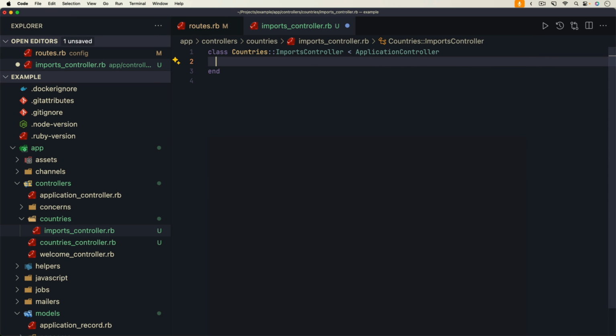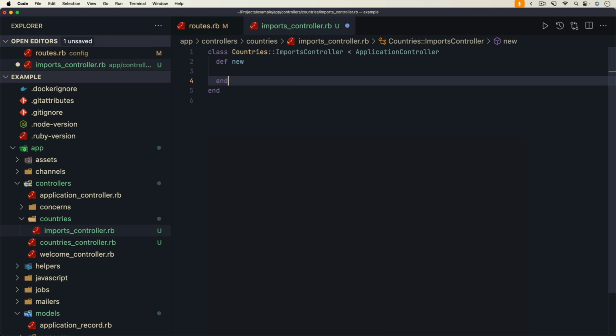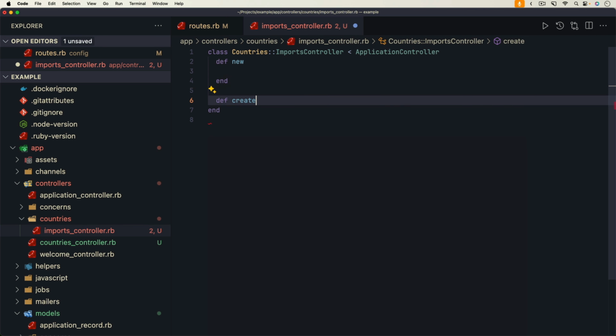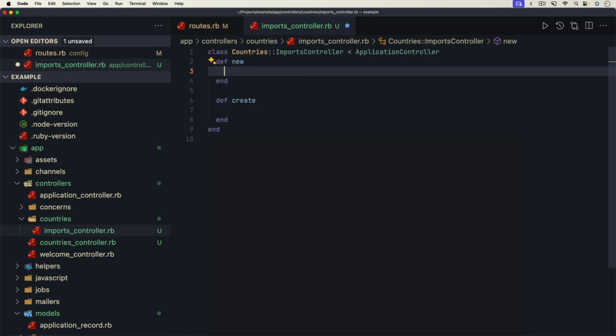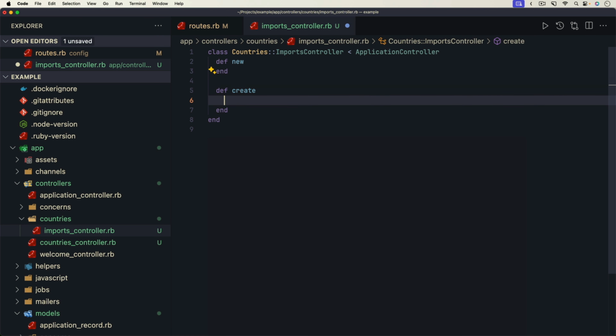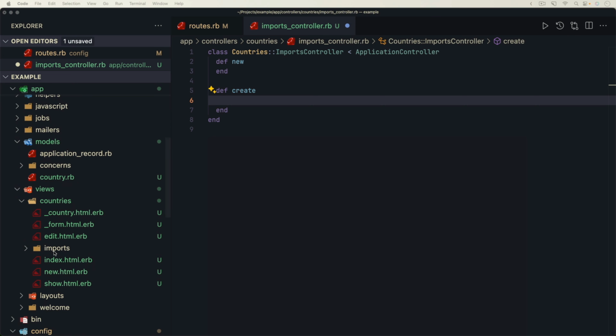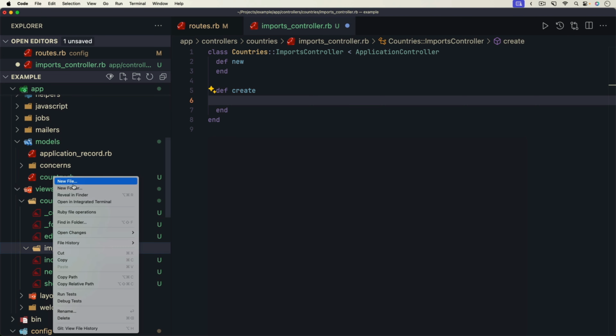So within this imports controller, we're going to have a few different actions. We'll have our new action, and then we'll also have the create action. For now, the new action, we don't need anything in here. For the create action, that's where things are going to get a little bit tricky, but we'll come to that in just a moment. Let's first go down to our views, and under the countries folder, in the imports folder, we'll have a new